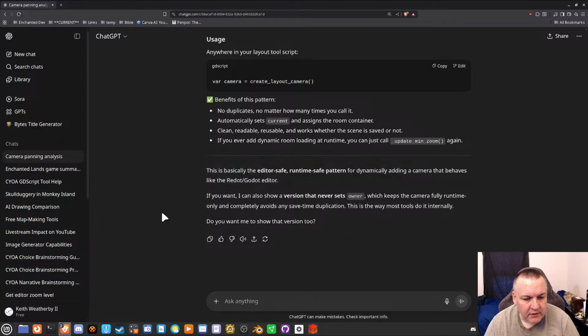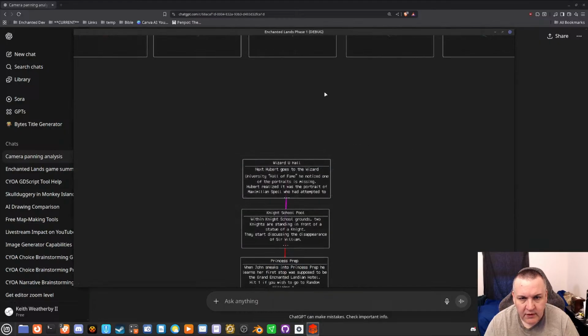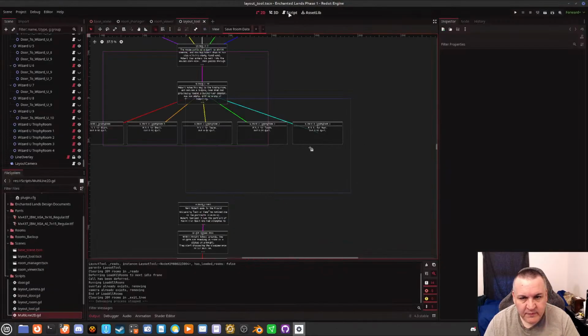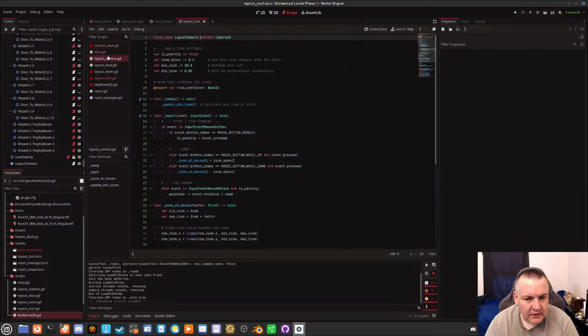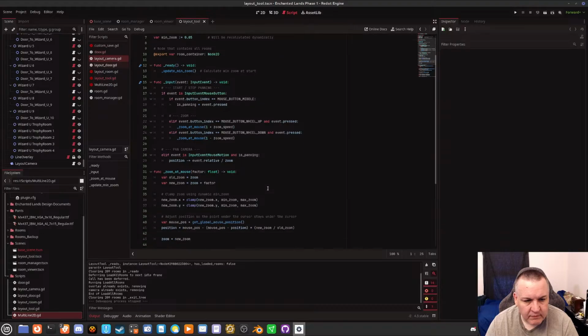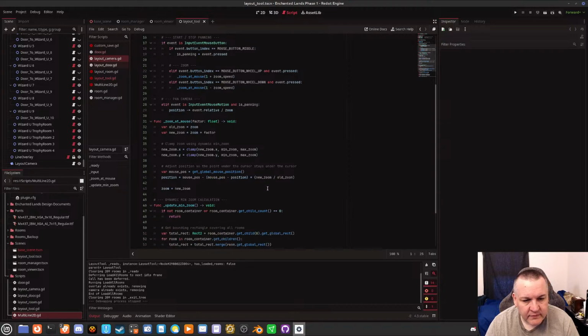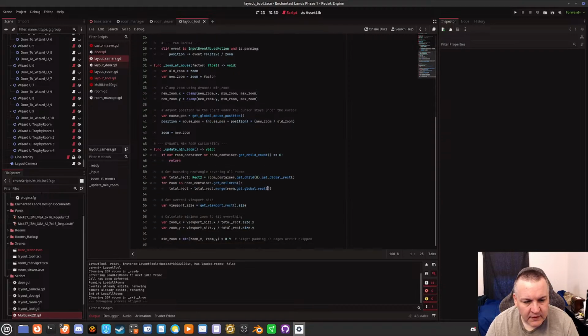Okay, so now let's see if I have the min zoom code in here. Update min zoom. It's not room container, that get child count is equal to 0. Get children.